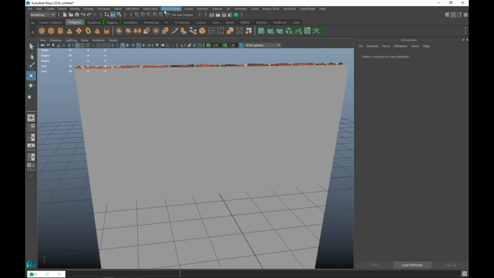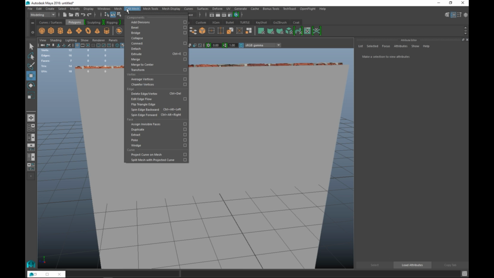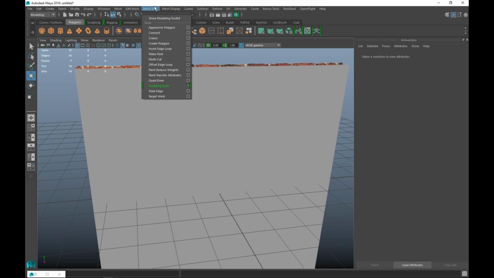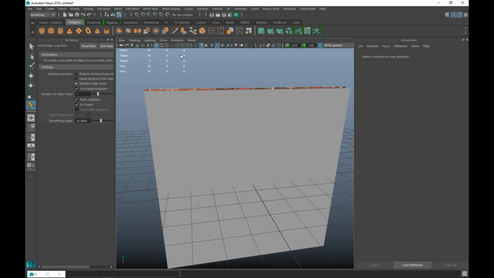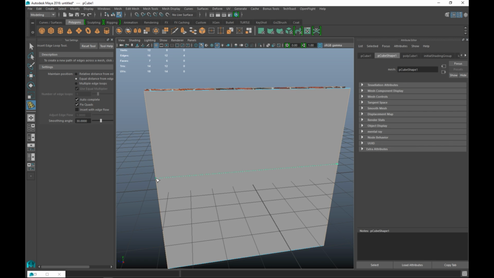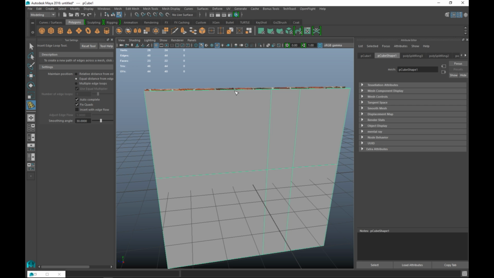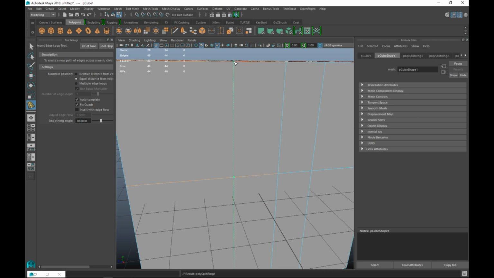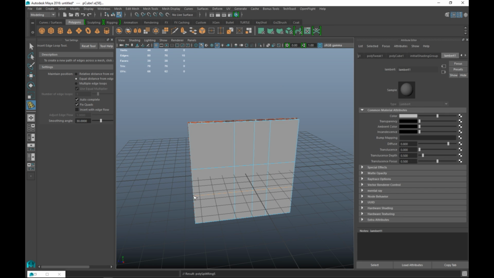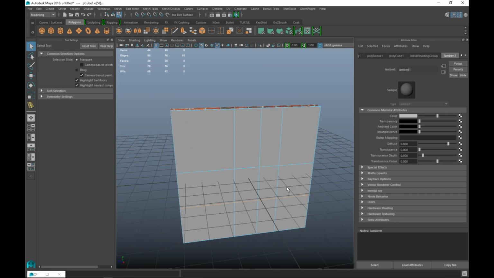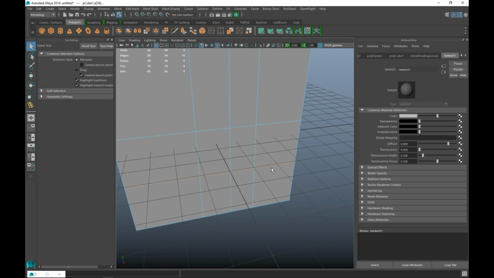Okay, so what we'll do initially is, let's see, where is it? We're going to go to insert edge loop, option box, single setting, and we're just going to add one here, one here, one here, and one here, just so we've got something to work with, right? There we go, and maybe one here. We're going to hit Q on our keyboard,